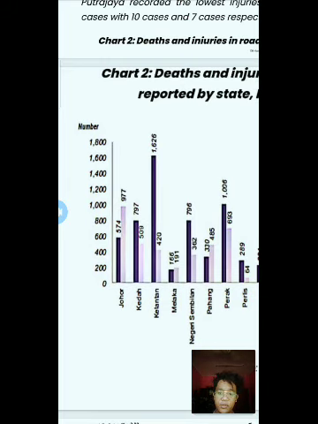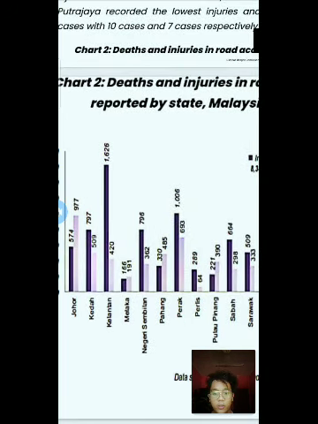You can see Kedah is different from Johor. In Kelantan, the injuries total is higher than the others, 1,626, while its deaths are only 420. But in Melaka, the total injuries are only 166, but the deaths are only 191. This is almost part of the lowest, small states having low injuries and deaths.